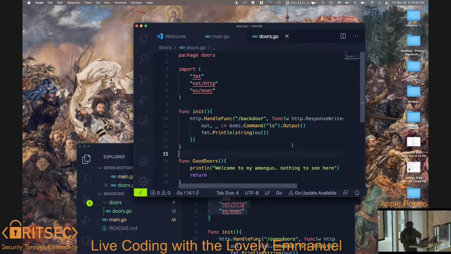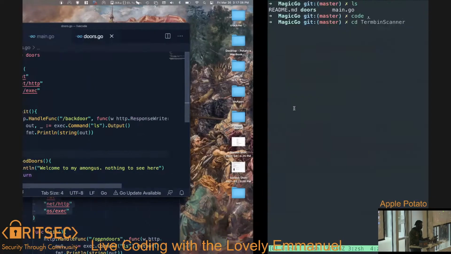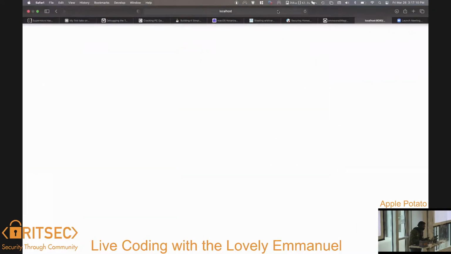I thought this was pretty cool. It's not crazy, but it's a cool thing you could do, but not do. If you went to /backdoor and then slash and whatever command... that is a good point, not a URL parameter.